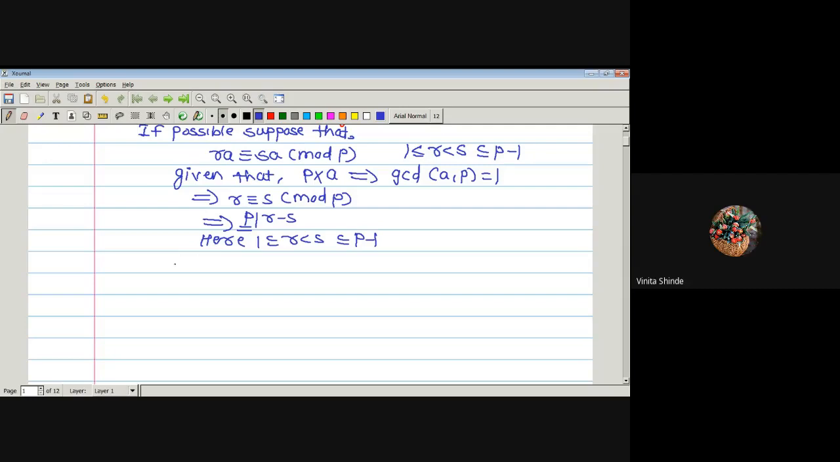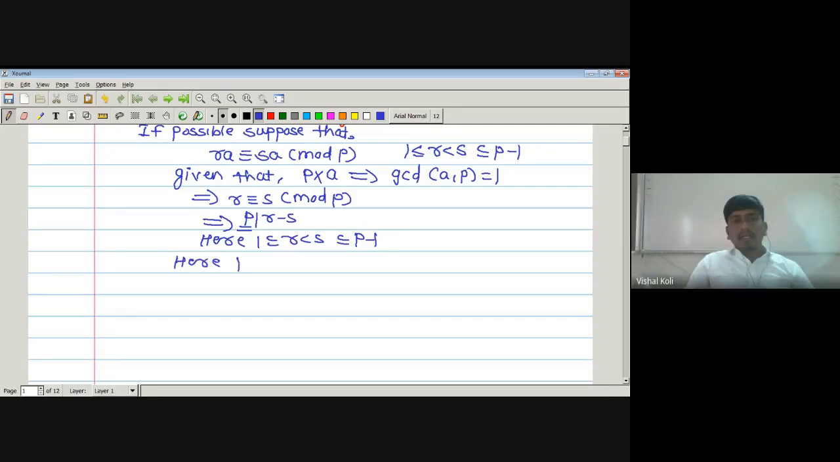Here P divides R minus S is not possible. But we get this contradiction due to our wrong assumption, that is RA is congruent to SA modulo P. Therefore our assumption is wrong, which implies RA is not congruent to SA modulo P, and which is true for any arbitrary integers R and S. And from this we conclude that the given P minus 1 integers are incongruent modulo P, which implies A, 2A,